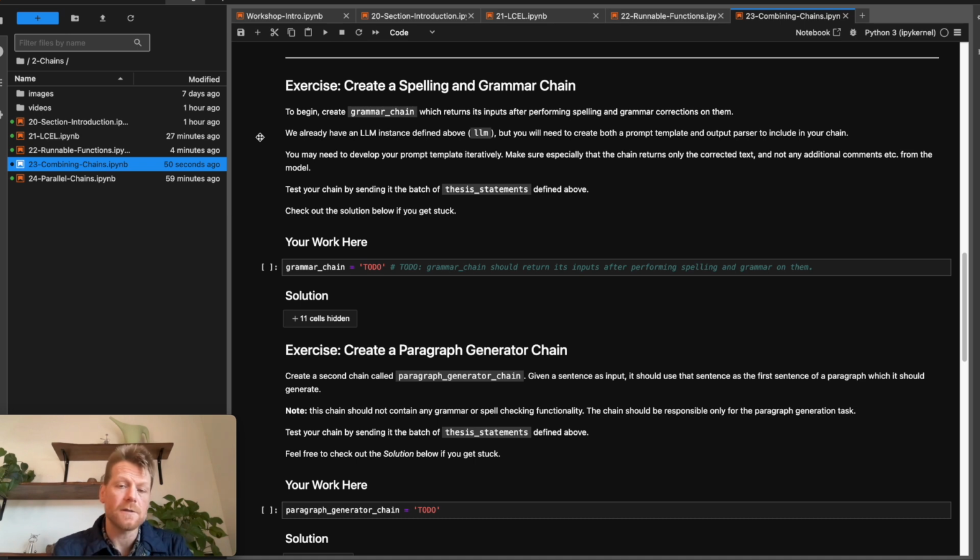It's a good chance you're going to have to develop your prompt template iteratively. It's been a while since we've asked you to do that, basically since section 1. So we want to revisit the idea and give you some more experience doing iterative prompt development, which is such a core and essential skill. And please make sure, especially, that the chain returns only the corrected text, which will be a combination of your prompt, which is going to ask the LLM not to generate a bunch of extra stuff, but also the use of a string output parser so that you only get the text back from the LLM generation